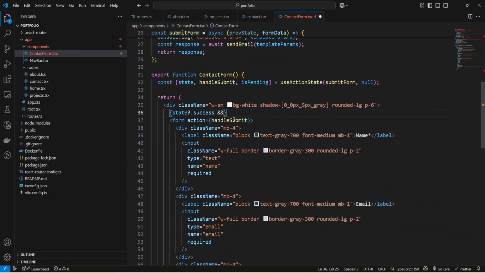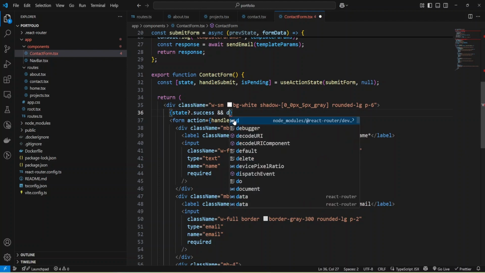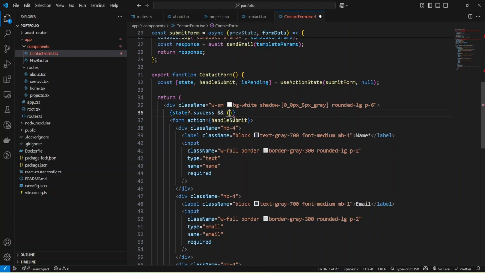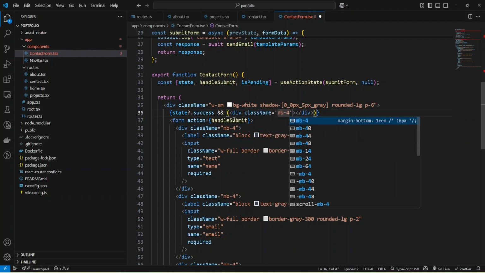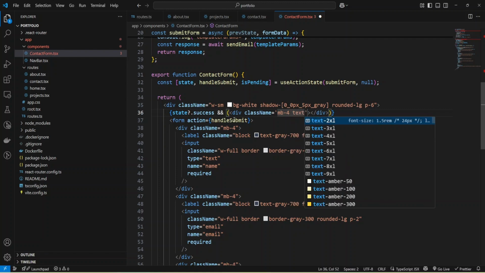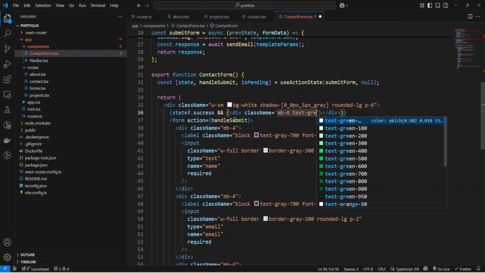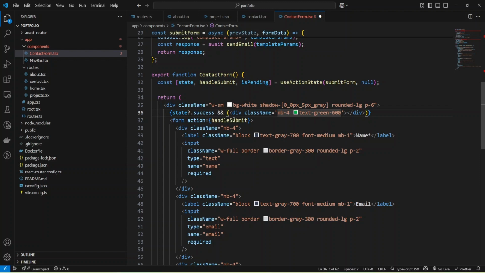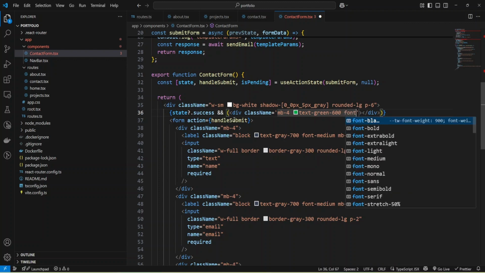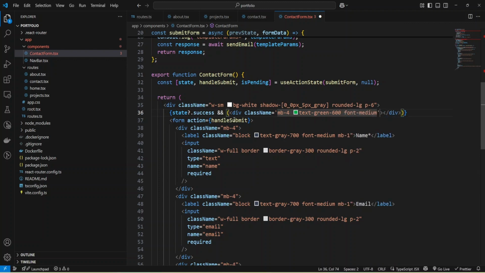Then I'll provide some div, tag div, and let's add class name, margin bottom 4, and also we can add text green 600, and also let's make font medium.